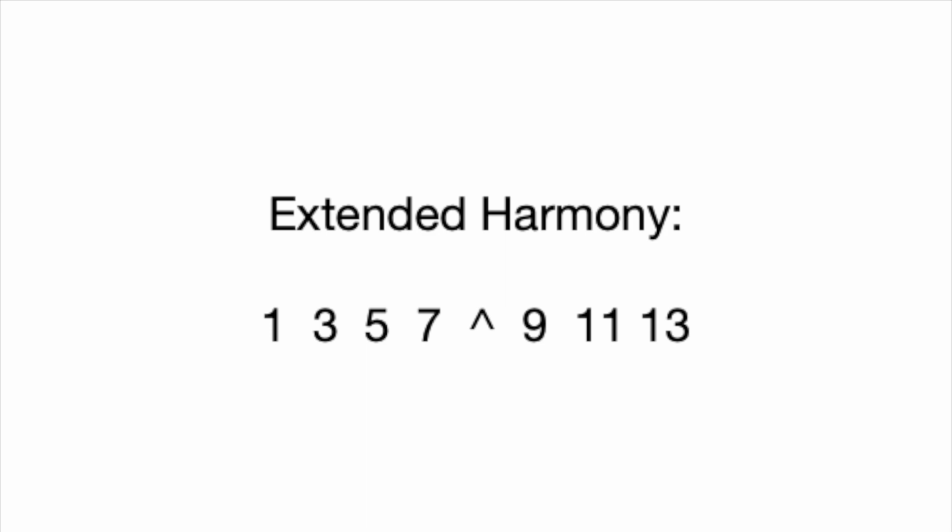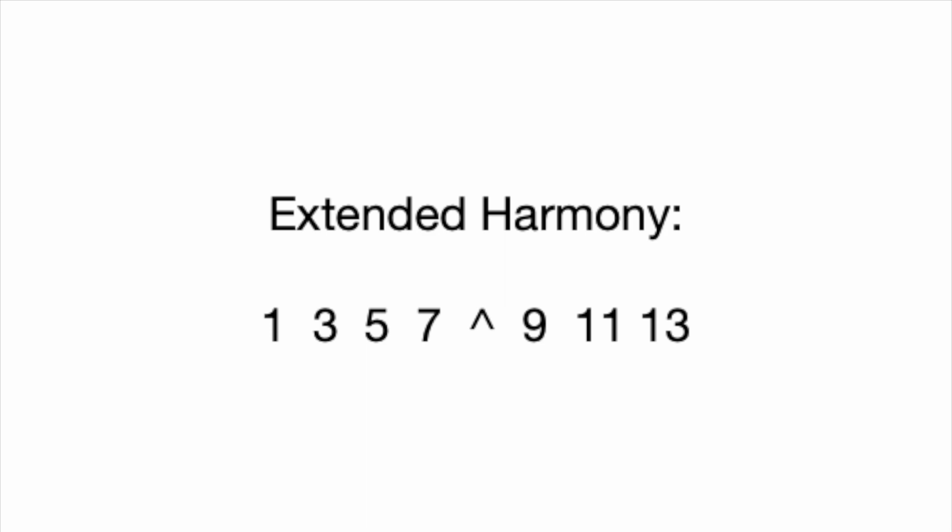Extended harmony includes 9th, 11th, and 13th intervals. Extensions can also be altered, such as flat 9, sharp 11, and flat 13. Some examples of extended harmony include major 7 sharp 11, and dominant 7 sharp 9 flat 13. As you can hear, extended harmony creates richer and more complex sounds that are often found in jazz and sophisticated